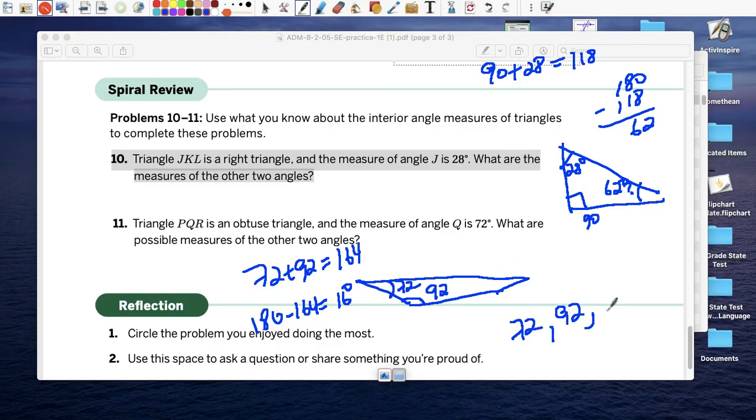This angle here could be 16. No, not 16. 16 is correct. This angle could be 16. All right, sorry about the confusion on the previous